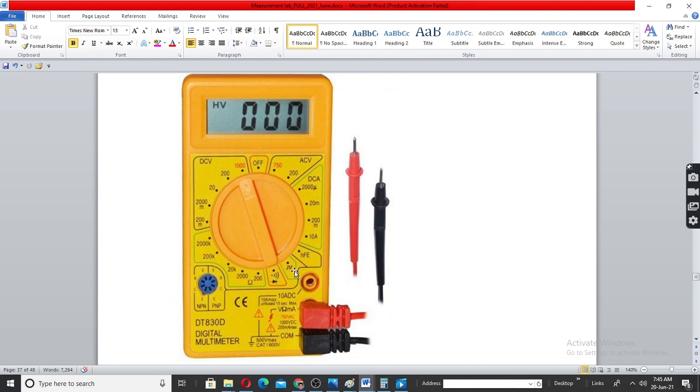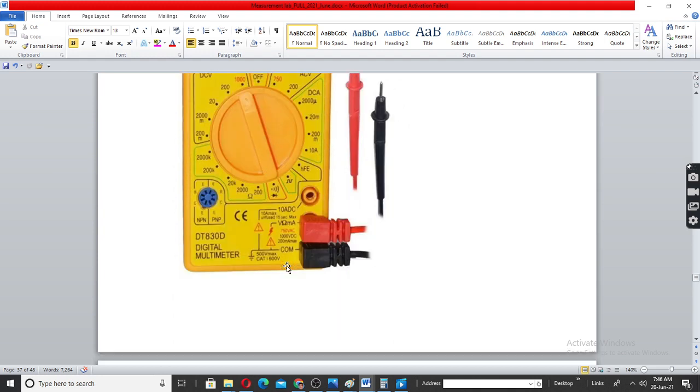This one, I forgot what it is. Anyhow, hFE is not required for this lab, but you should know it. This one pulse I have forgotten now. It is not important for the measurement lab. If there is time, we will see it in the last extra classes.